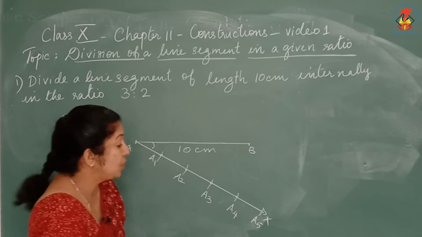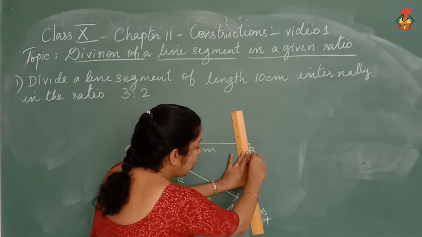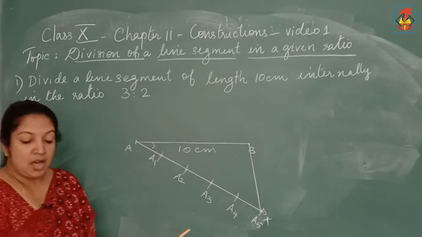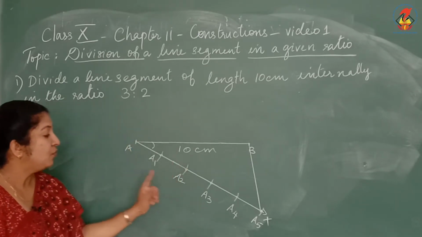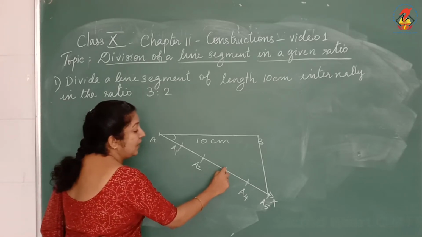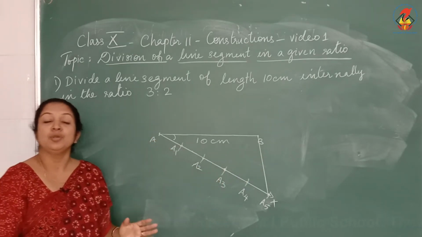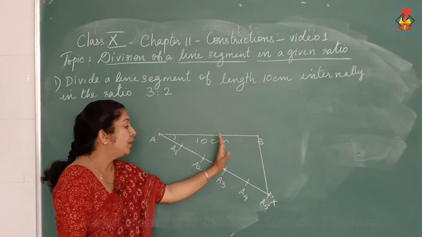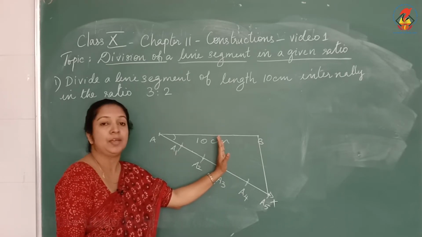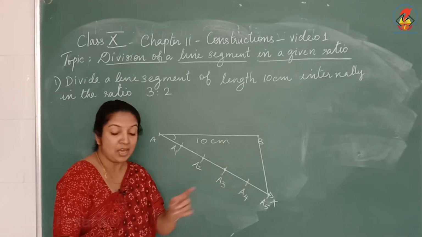What we need is in the ratio 3:2. First, you have to join B and A5. After that we need one more line for 3:2. That means at A3 we need a line which is parallel to this. We have to construct a parallel line on the line AX at A3, which is parallel to BA5.